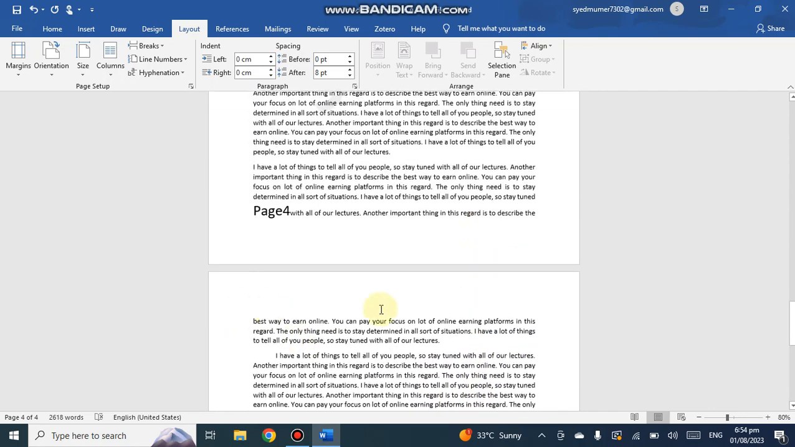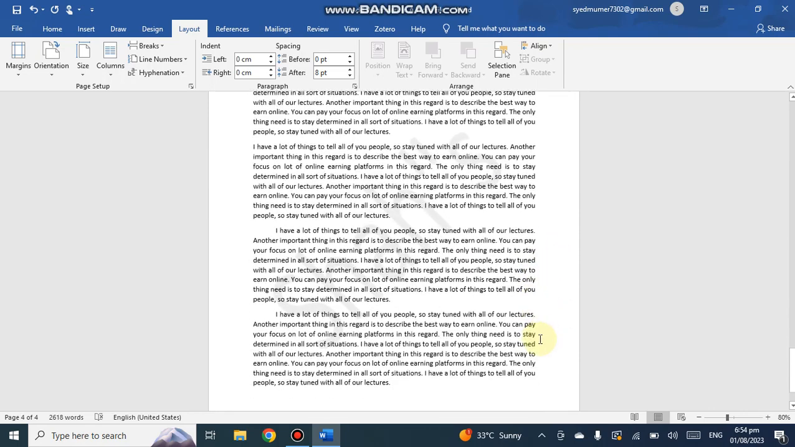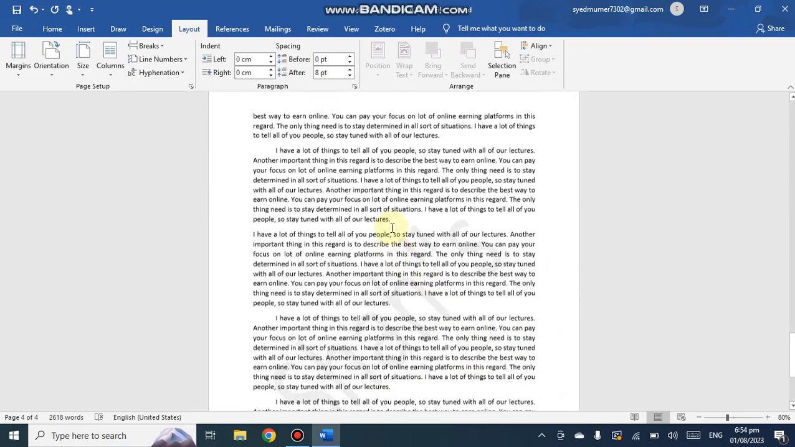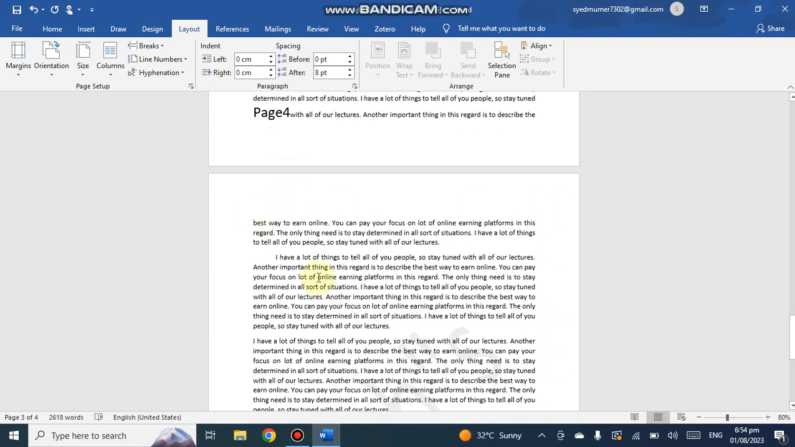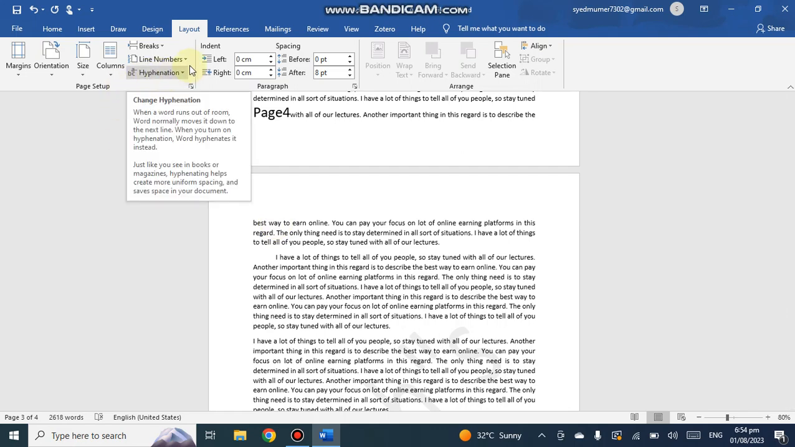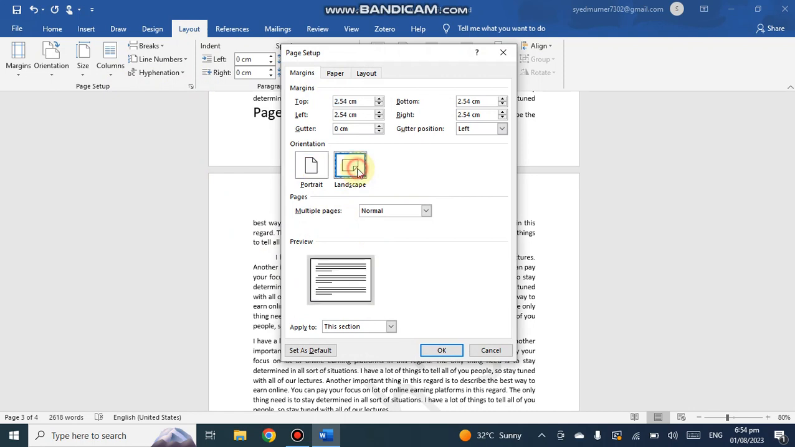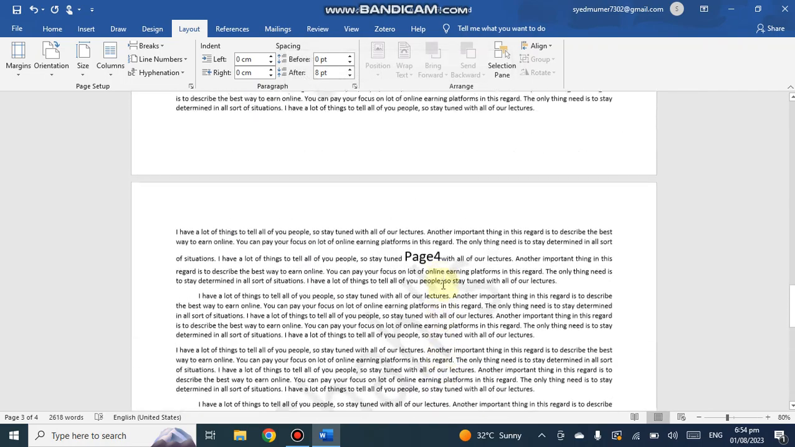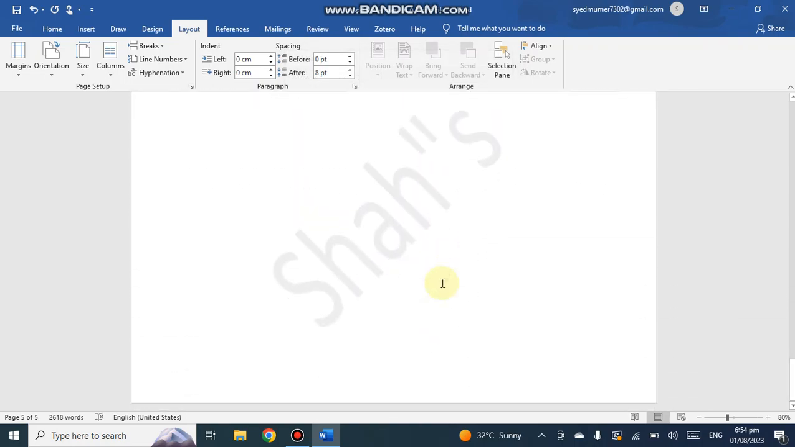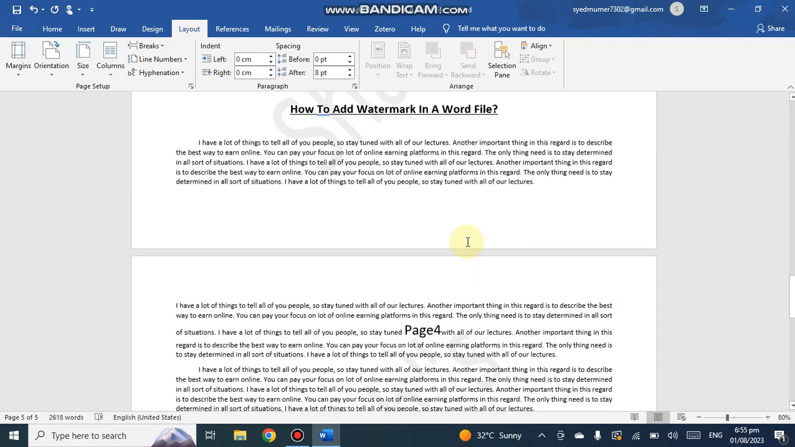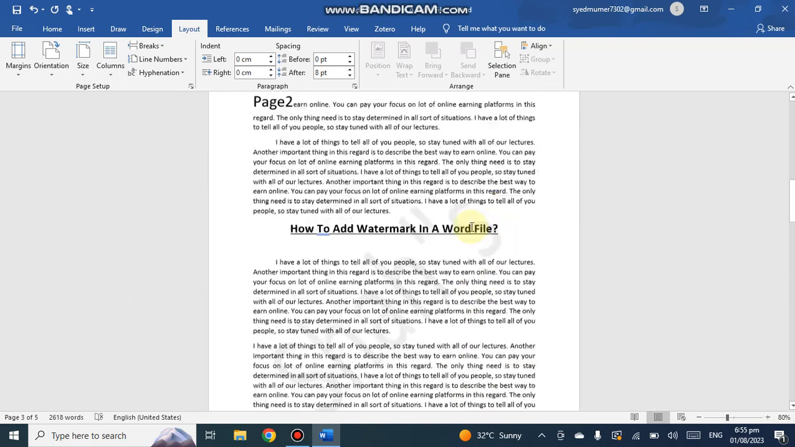If you want to make any page in this form, like this, you want to make this page the last page in a landscape form, come into layout, come into this section, click on the landscape, click on this section only, and click on OK. So then it will change into landscape form as it is here. And if you want to do it back,